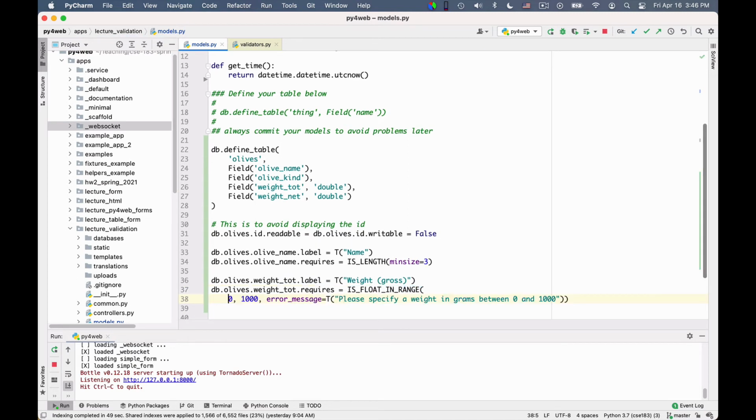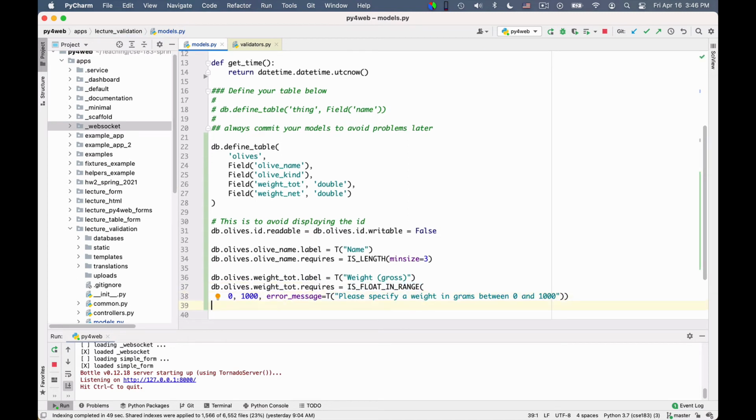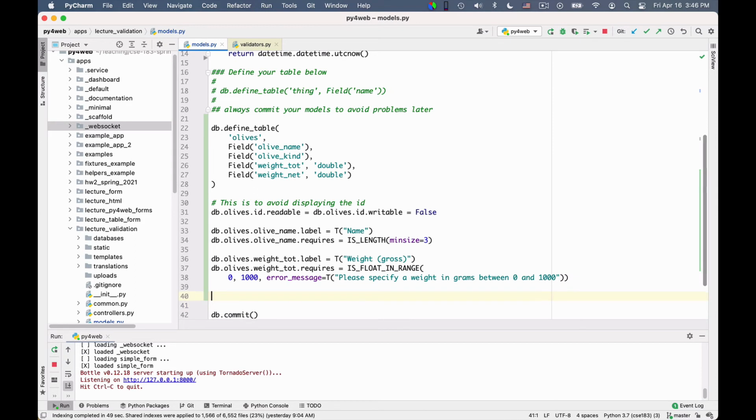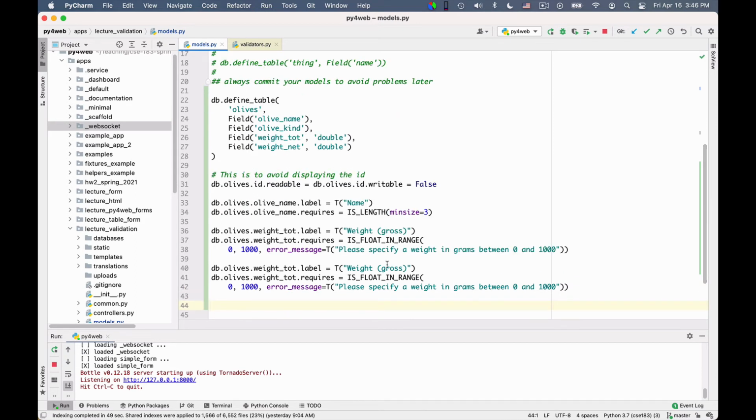So for the net weight, I want to do something similar, and I want to say that the weight is going to be the net weight, and this is float in range also.